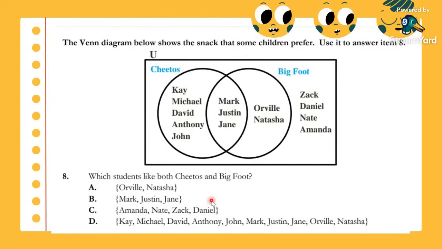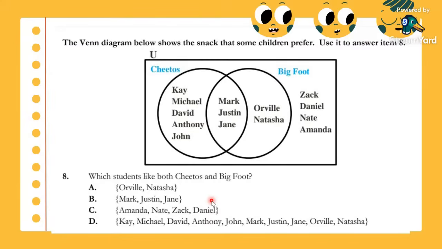I agree with you. I see an explanation here. I see Tina K says Mark, Justin, Jane. Shanique and Chrissy say it's the intersection. Carlin says Mark, Justin, and Jane. Dean is also saying the intersection. Sinardo says in the middle. Very nice. Terika says Mark, Justin, and Jane because they are in the intersection.